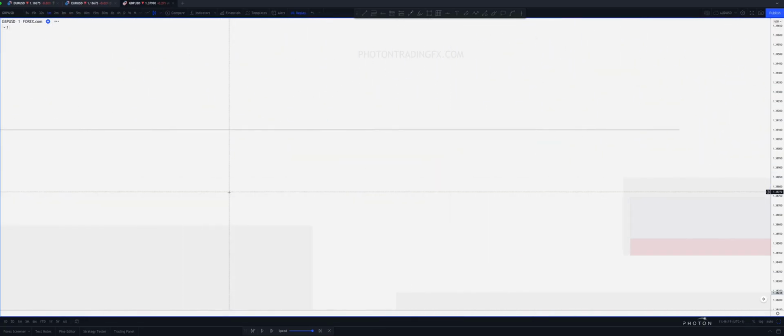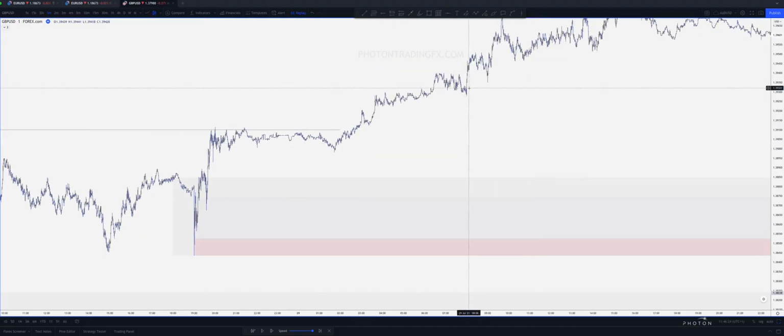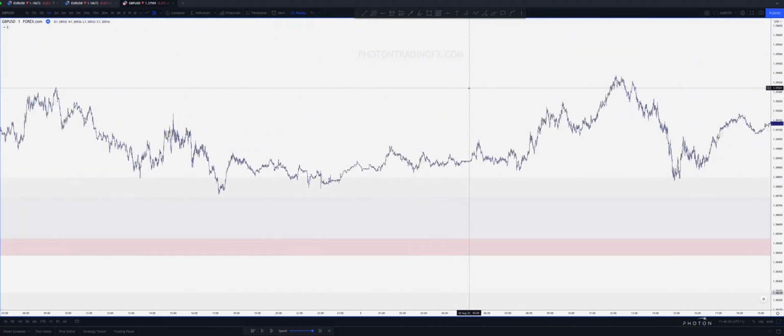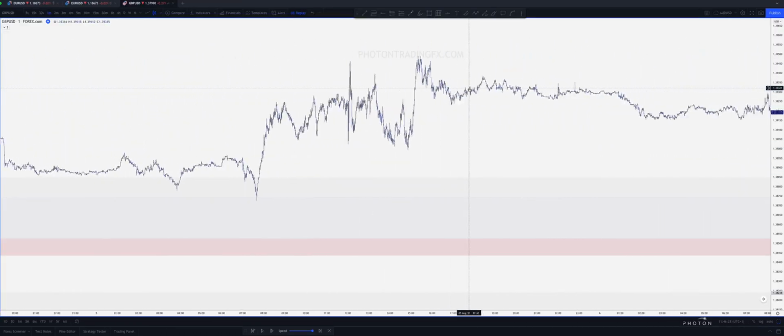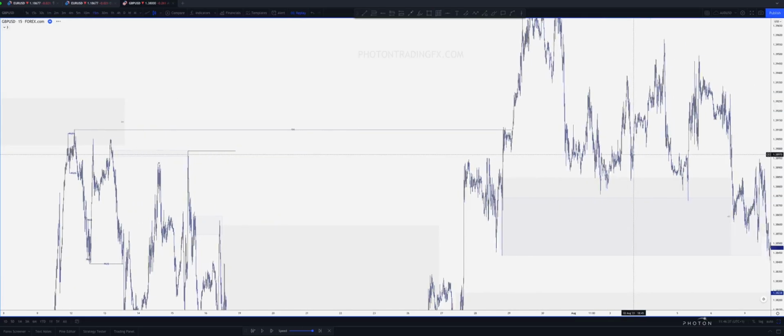Yeah, there we go. That's the origin of the move on the M1 that took liquidity and fueled that move to the upside. So yeah, this is definitely a good area that we can start to look for potential longs, right, to take that long position to the upside. But what you have to remember at this point here, whoops, I keep going to the wrong zone, is